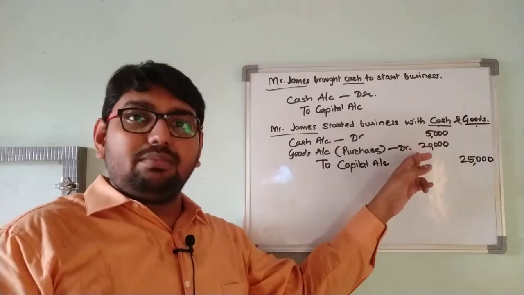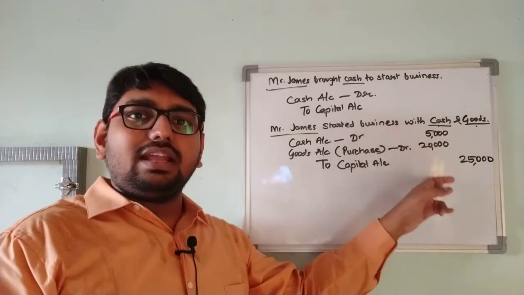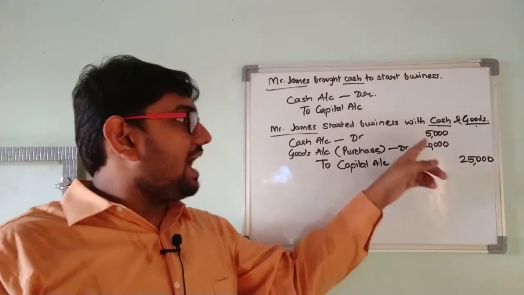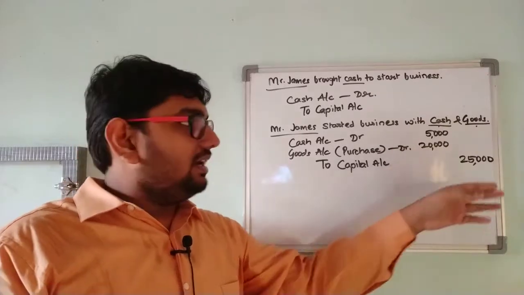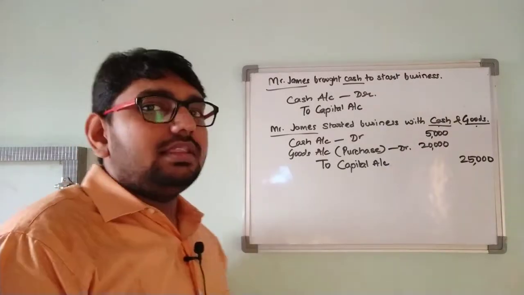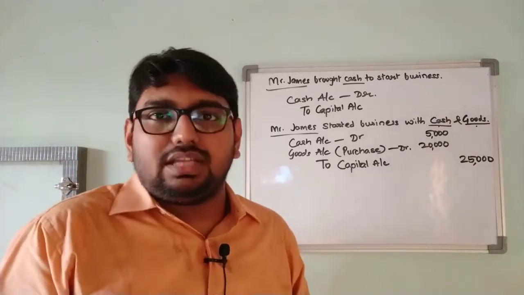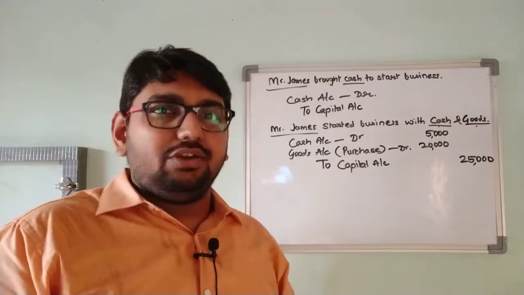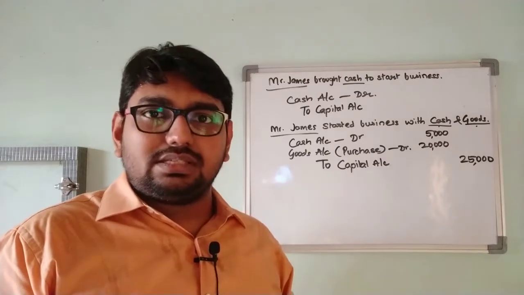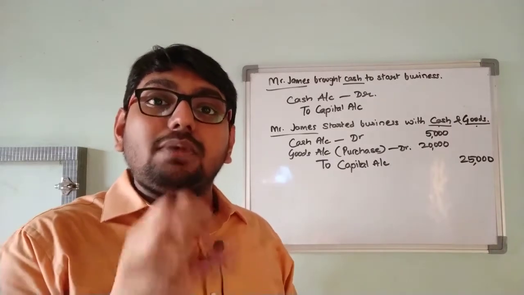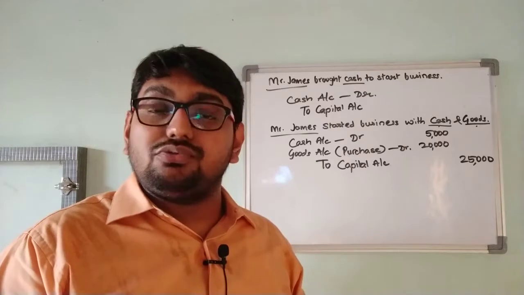Again, every debit should have an equivalent and corresponding credit. So as the debits total was 25, credit had to be 25. Now, some owners do not have anything. They have merely like 2 to 3,000 rupees as cash. They don't have any properties to invest in the business. Such owners borrow money from banks or financial institutions.